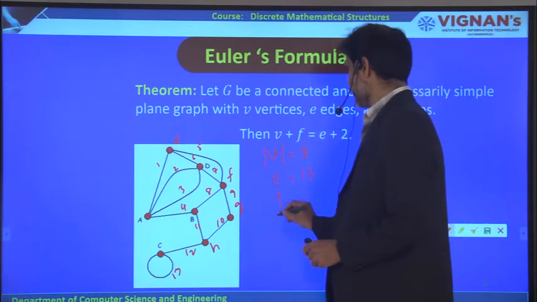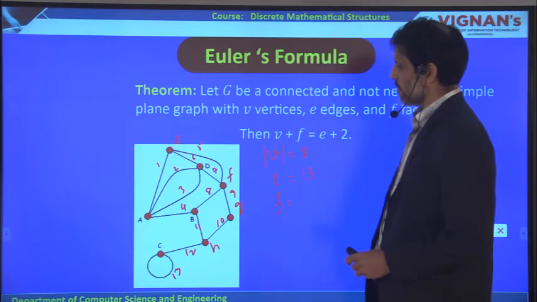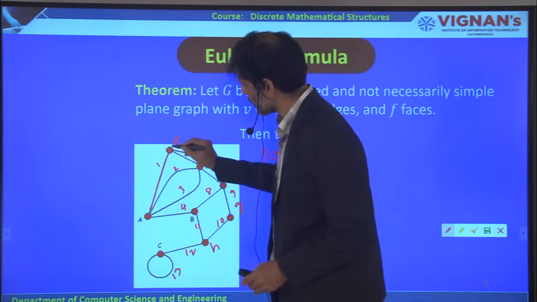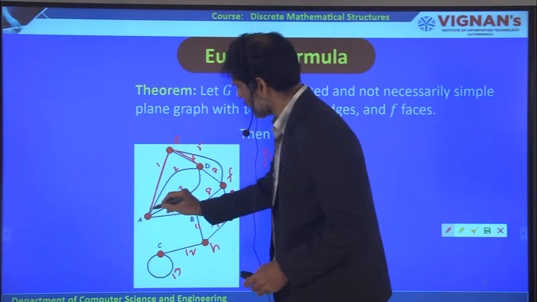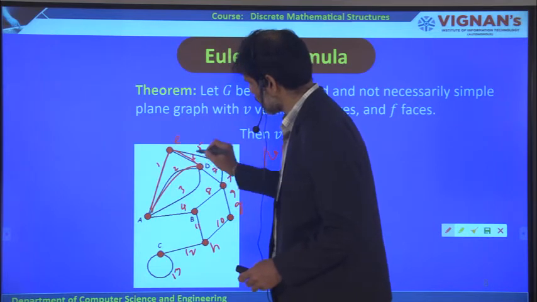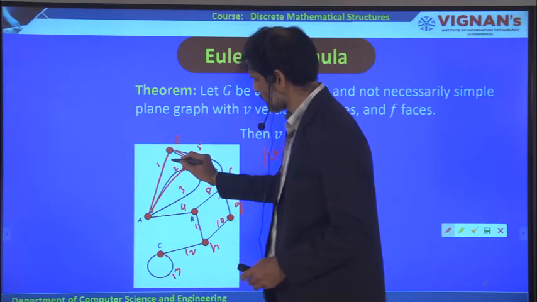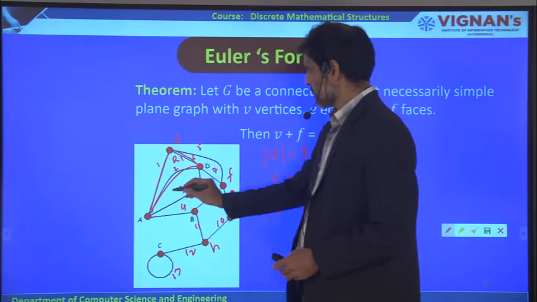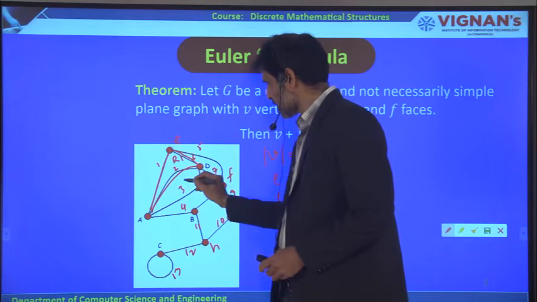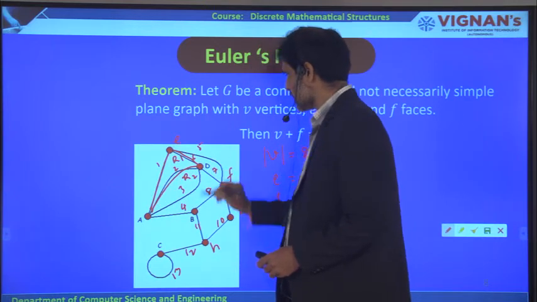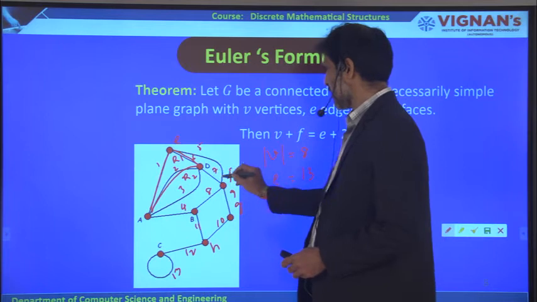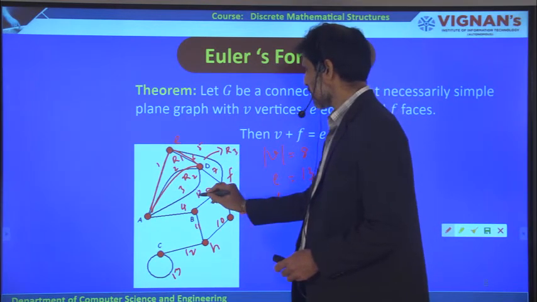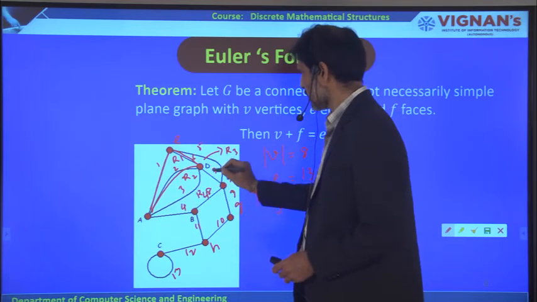And what is the number of faces? To take the number of regions, how do we select a region? If you take this closed loop here, this particular region, involving these 3 edges, is called one region or one face of the given graph. Similarly, if you take this particular ring, this is called the second region. This is region 2, and this is the third region, and here it is called the fourth region.